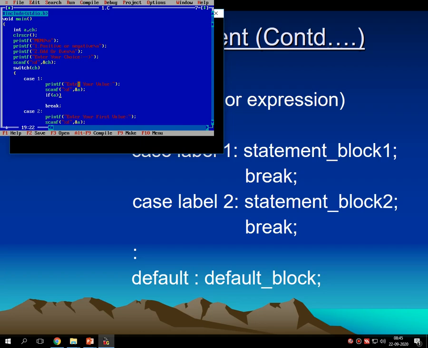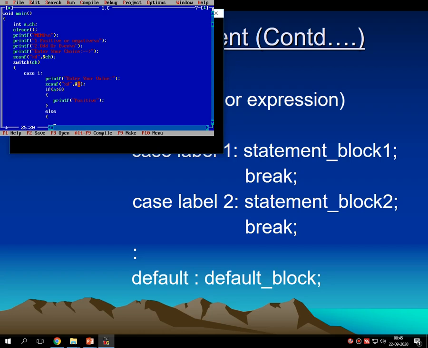If a is greater than 0, it gives the message positive, else it gives the message negative.